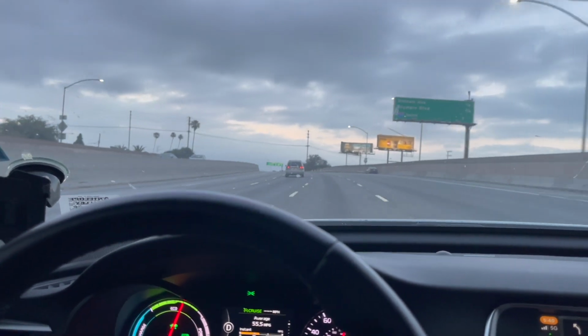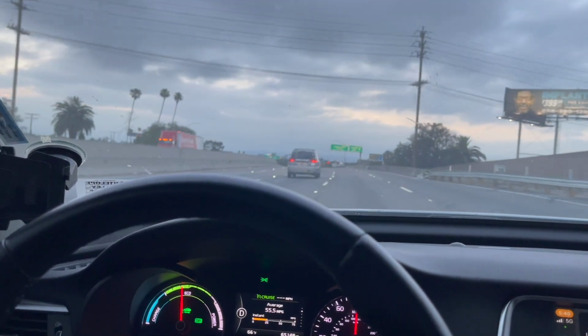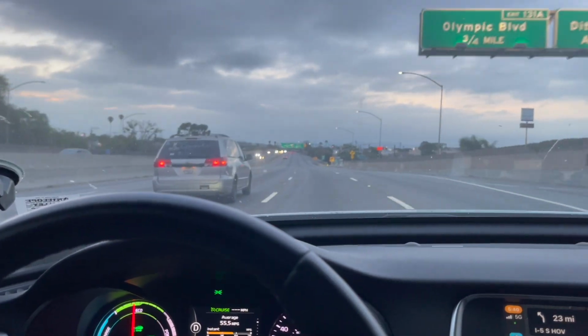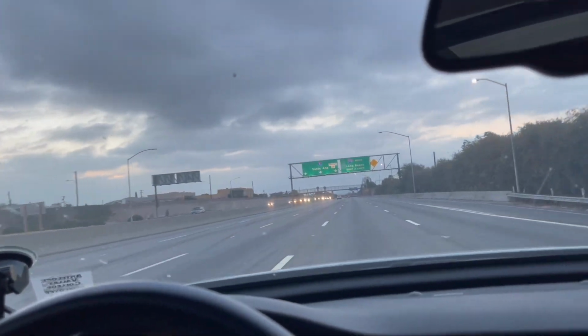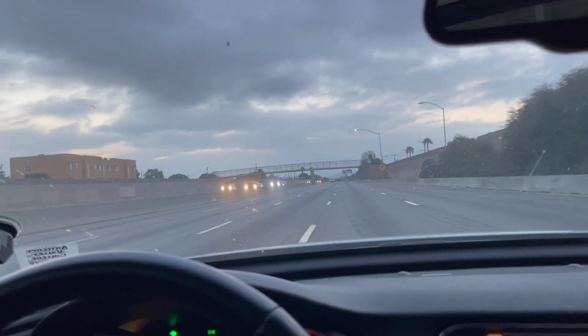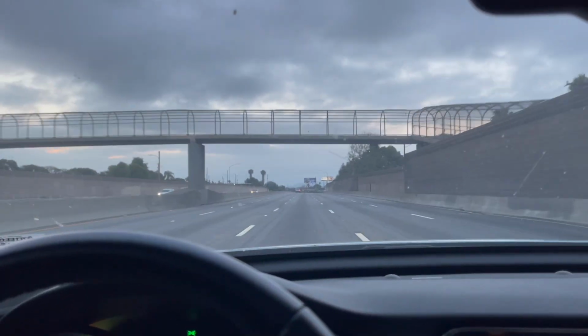It's a good way to go, especially if you don't want to make the jump to a full EV, which I understand, or maybe they're too expensive, which is very understandable. But you kind of want the best of both worlds. This is definitely the case. And there are obviously drawbacks. I think the biggest drawback to this car